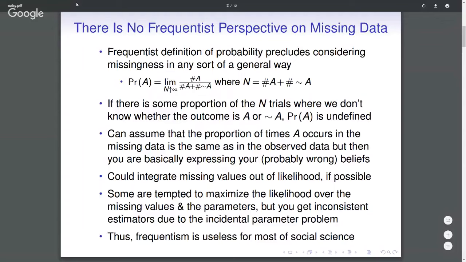And Neyman and a co-author of his, Betty Scott, were sort of the first people in a social science journal to call this thing the incidental parameters problem, which is basically the situation in which the number of parameters grows at the same rate as the sample grows, and all the bad things that happen to the estimators in terms of them being inconsistent and whatnot. So Neyman and Scott knew about this in the 1940s,